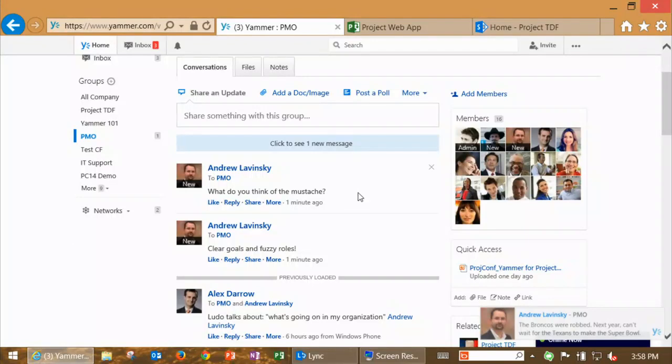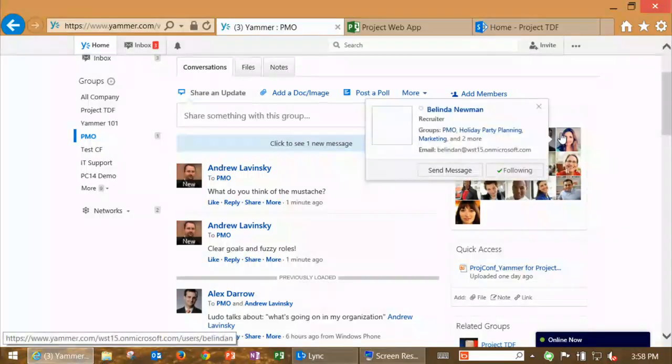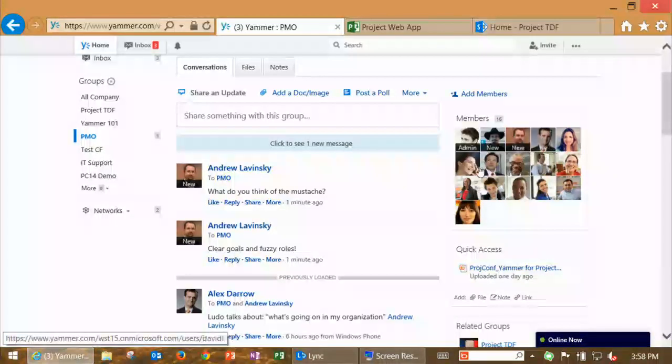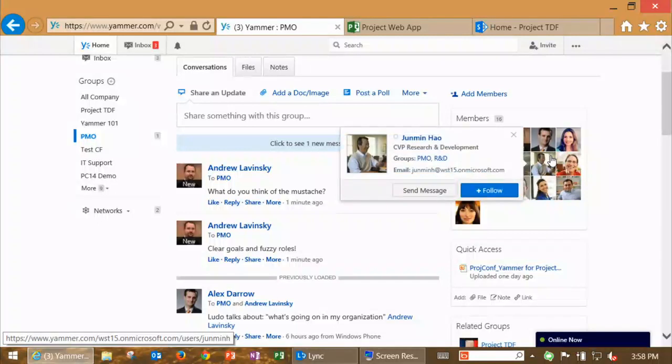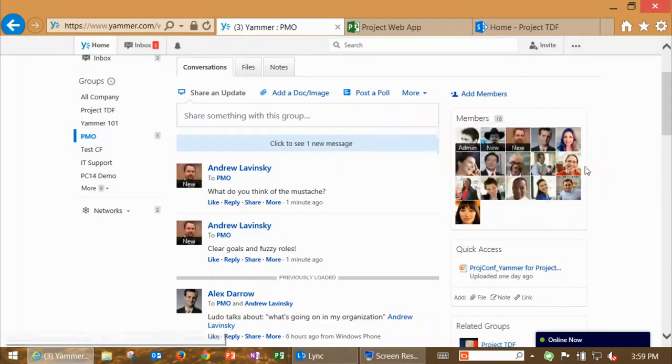So you see, I'm constantly getting the information. Oh yeah, the other thing, I was talking about the group. I get the newsfeed about the group. On the right-hand side, the members that are part of this group. Personally, how I use it at Microsoft, it's always interesting to make discoveries of who is participating in the group. It's very easy to just say, let's pick Robin. Maybe Robin is putting a lot of valuable insights on PMO best practices or whatever. And very easily, I can add Robin to the set of people that I'm following.